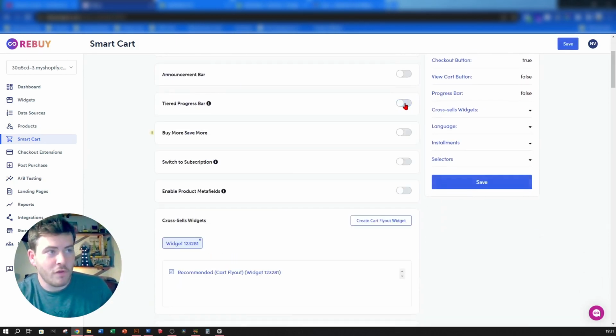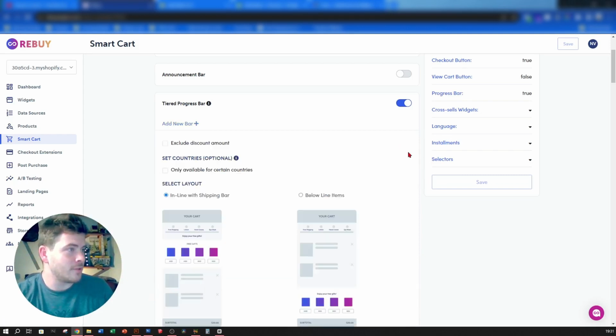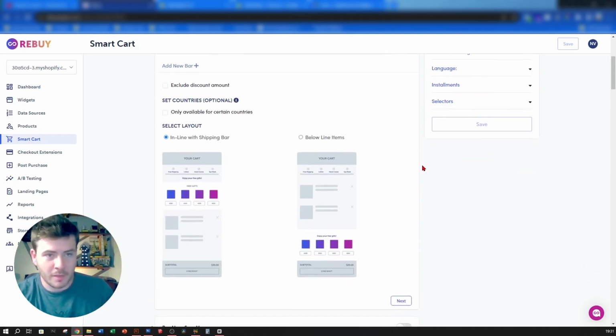This is going to be off. Okay, so the first thing you want to do is put that on, and then you're going to create a... Let me show you what happens if we go and edit this one. This is how it will open up towards you if you're creating a new tier